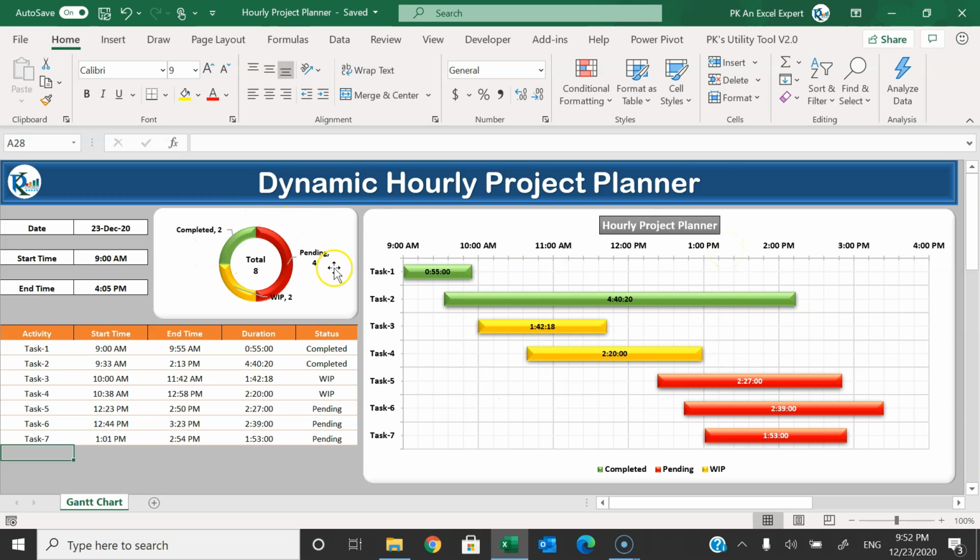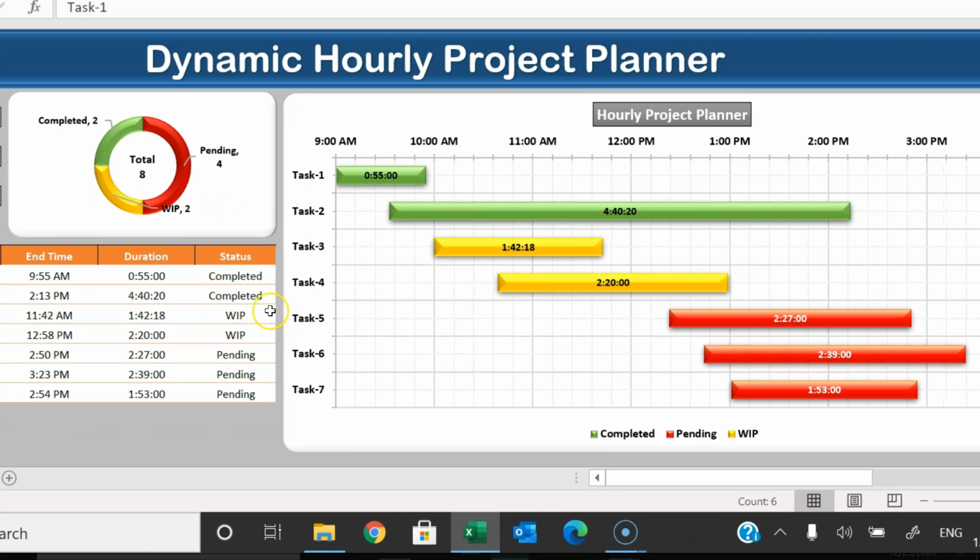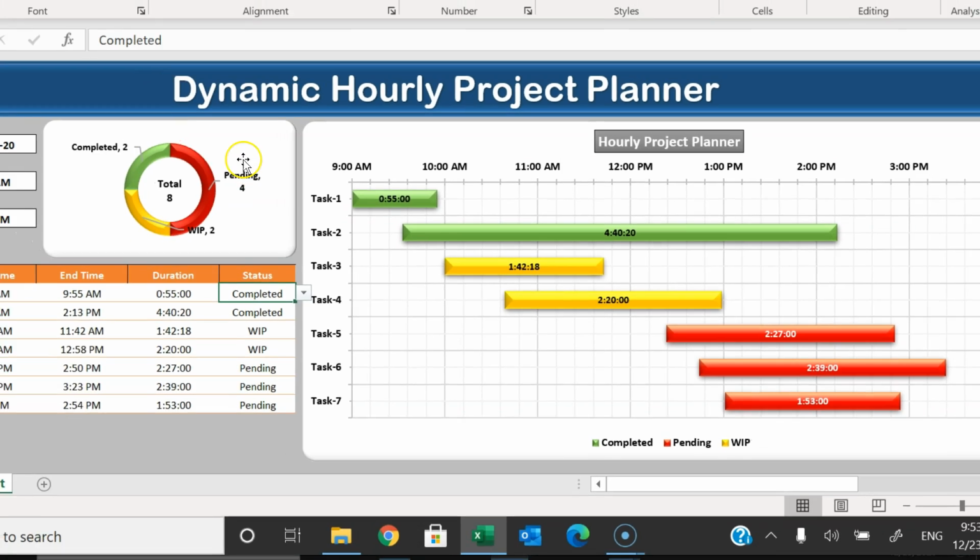I have displayed a small donut chart here also. The color condition is also dynamic. If I change the status of any task from completed to, let's say, pending, then you can see the first task has changed to the red color, and the pending count has increased in the donut chart. If I keep this as WIP, which is work in progress, then it will be in yellow color. If I take completed again, then you can see it is showing completed and this donut chart is